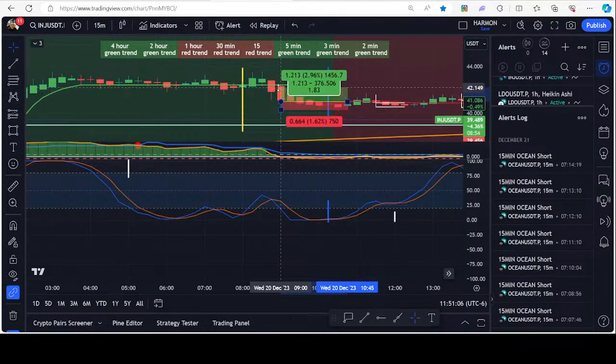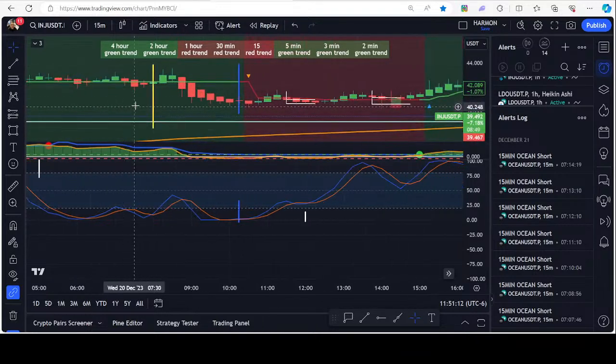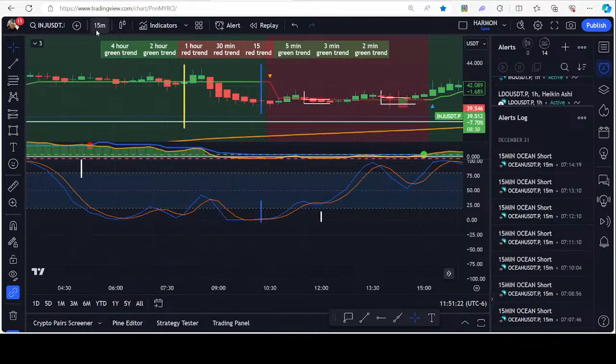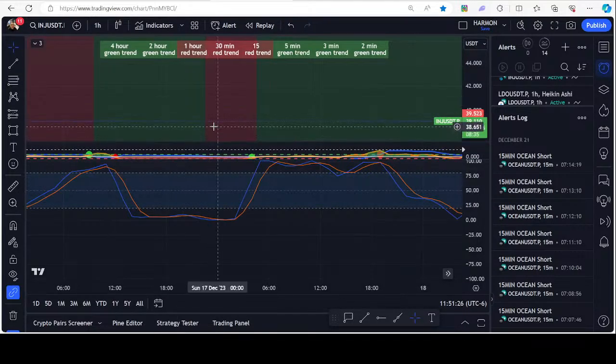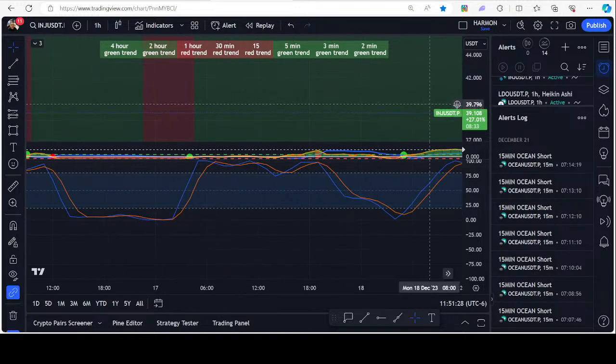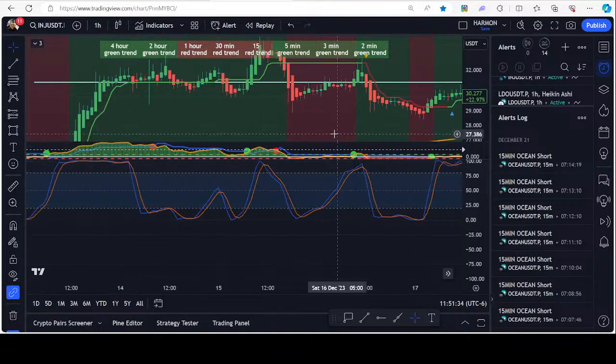Not a bad trade. Hits for 2%, right? But that's the first beginning of the trade, or the first leg, right? So as you get a little bit better at understanding moves like that, this will be something that you can use for the quick scalps that we like to take, right? But for me, I like to see a 1 hour move and I like for it to bounce, right? This is a little more on the patient side, right? So this is kind of like, for me, let's say